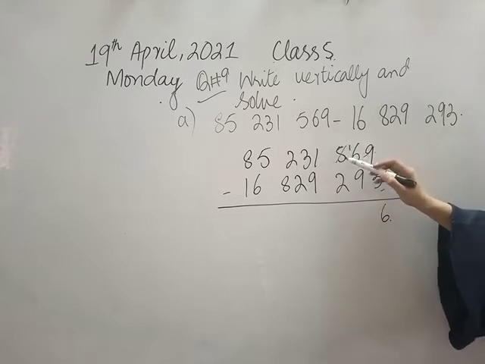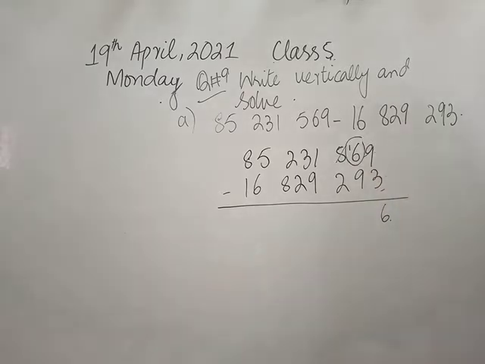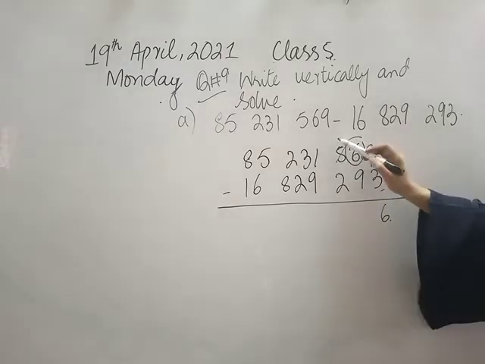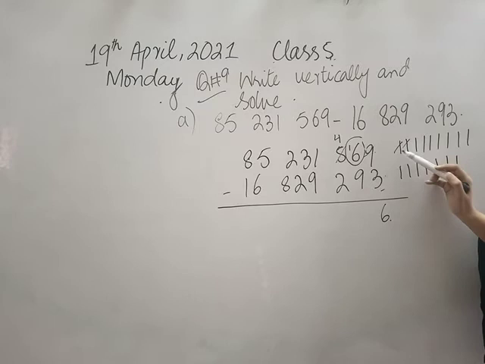Now I am going to take carry from this number, and this number will become 16, which is a 2-digit number, and this number remains 4. Fine. Now 1, 2, 3, 4, 5, 6, 7, 8, 9, 10, 11, 12, 13, 14, 15 and 16. 16 in total, and I want to subtract 9 from this. 1 2 3 4 5 6 7 8 9.